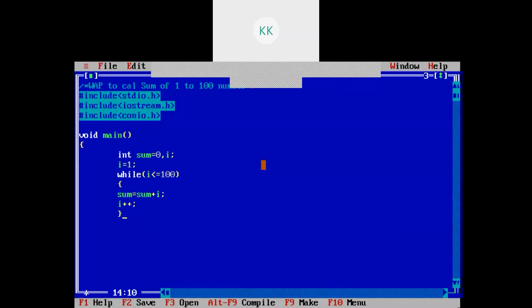After execution, I need to print the sum also. So I will write cout sum equals to, and I will print the sum here, and then getch. If you want, you can write clrscr here.